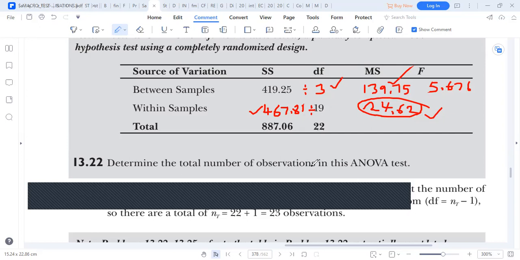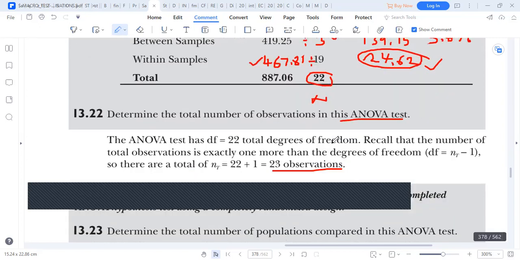So what is the total number of observations? What are they looking for? So it is this plus 1. They're looking for n. What was our n for us to reach 22? The total number of observations is what? 23. Right? The other question they'll ask you,